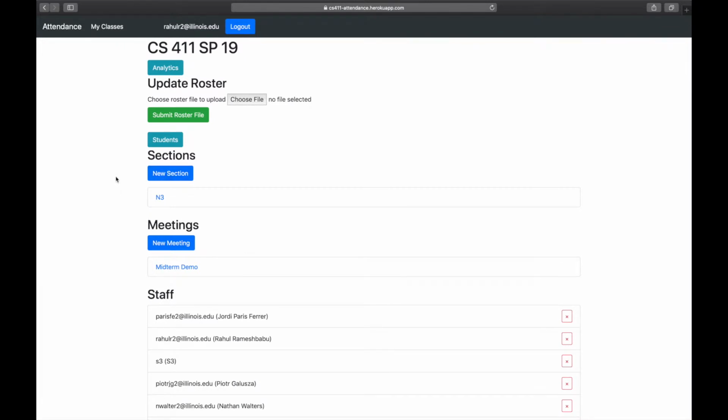A section would be like a lab section. So in CS225, for instance, we have a bunch of different lab sections. And then for a given lab section, we can have a bunch of different meetings. So that would be meetings for different labs or for different assignments or different demos or things like that. So here, if we click into the section N3,